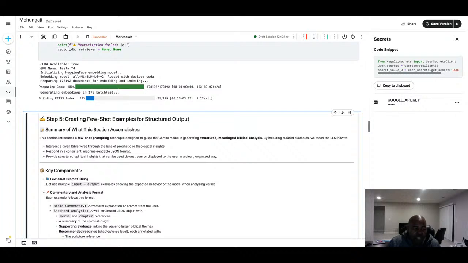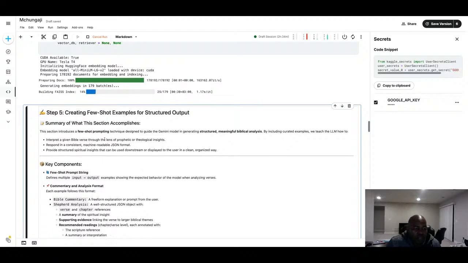As it runs through, I'll explain what it means to do a few short examples. This is exactly the way the word means. You are just creating short questions and short answers. This is meant to guide the model so that it can align or answer correctly the way it's supposed to. So this section is about creating those short prompts, short questions, which are designed to guide